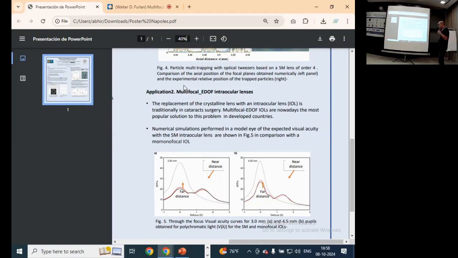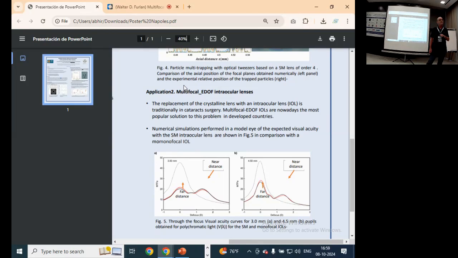So, in conclusion, we have developed a new kind of diffractive lenses with two very different applications that we have not only suggested but demonstrated in experiments, and we are very proud of this kind of research. So, if you have any questions,